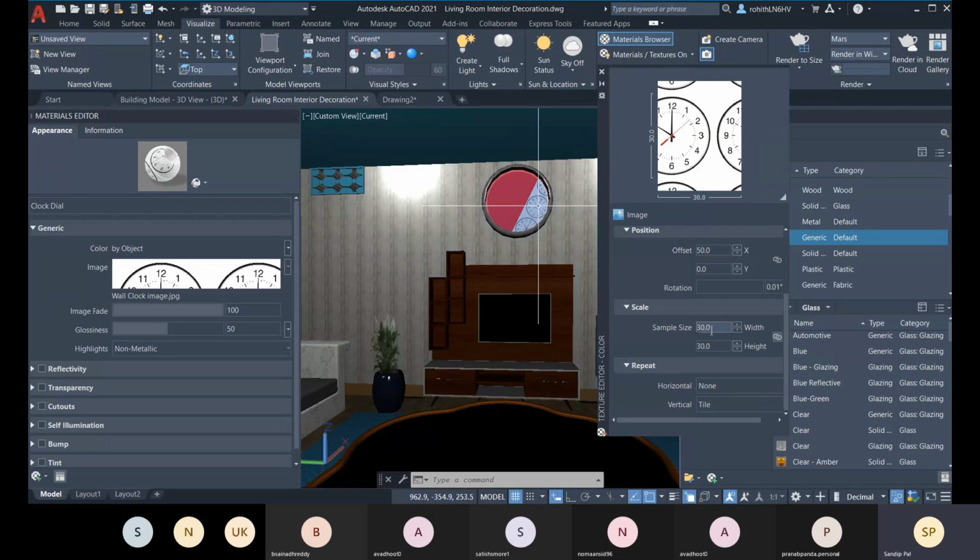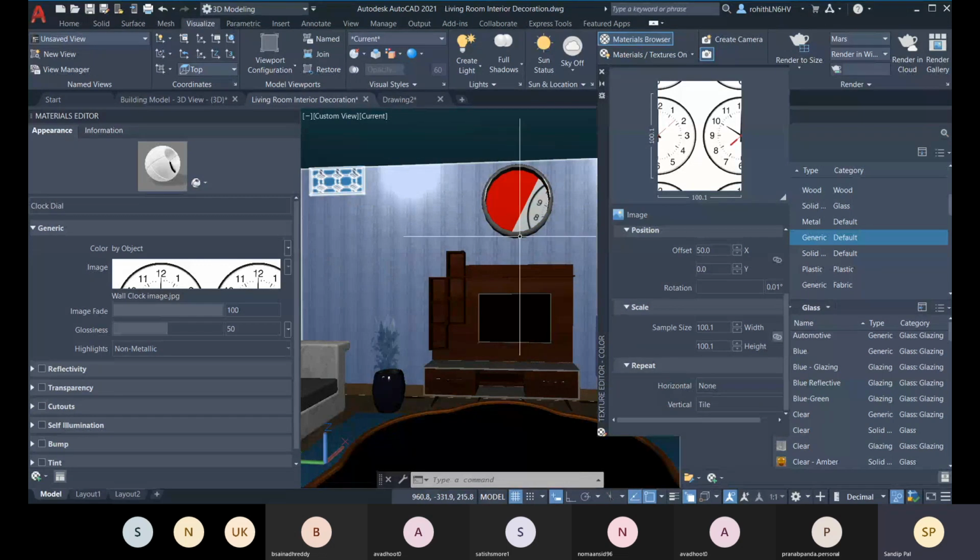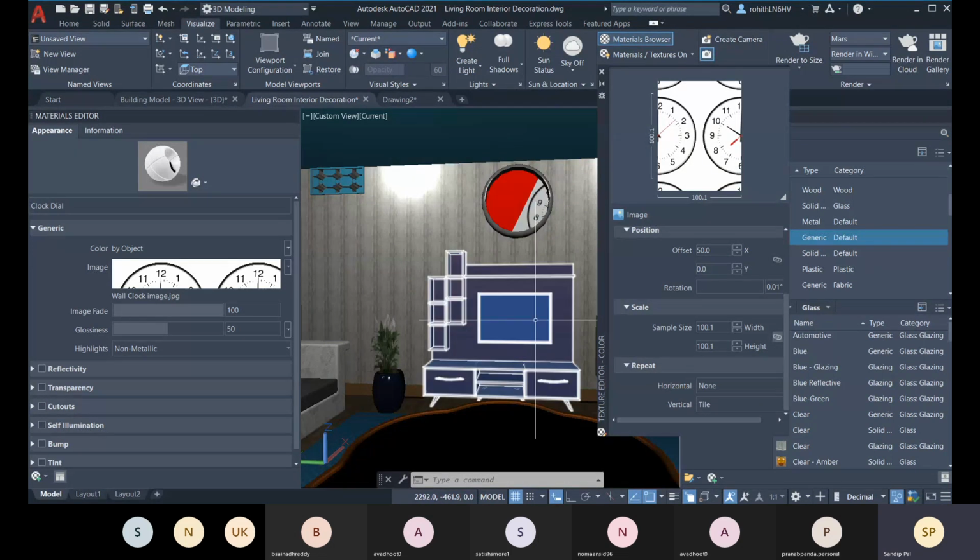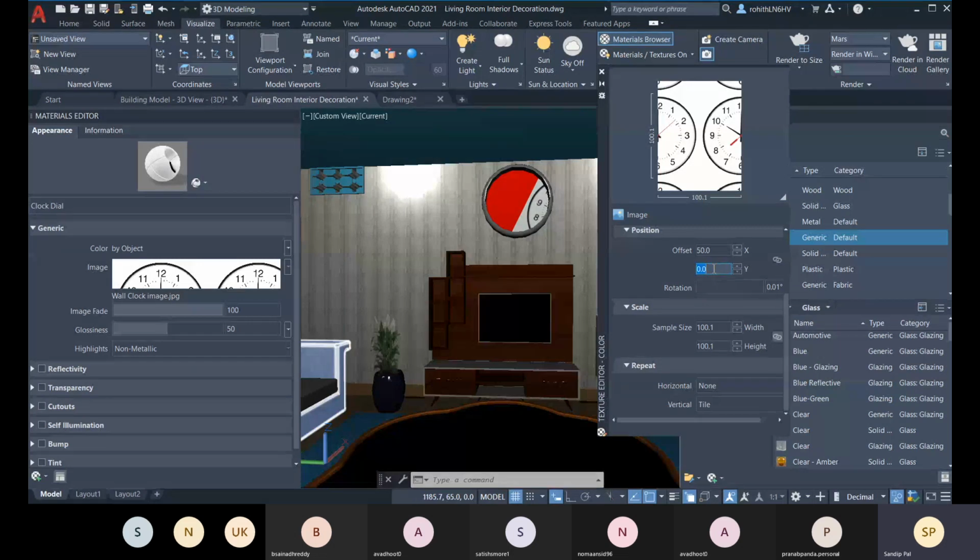That you can see, you have to change the sample size. So for that, let me go with 100. That you can see, and the X value and the Y value. So in the Y direction, let me place 100, enter.